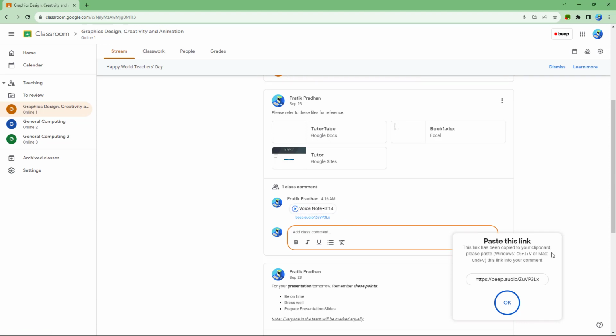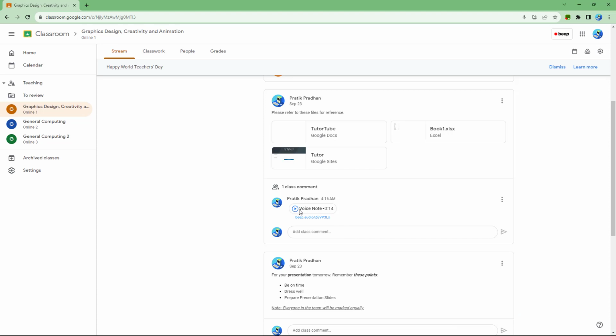And it gets added as a voice note attachment, as you can see right here. I'm going to say allow. And as you click, you'll be able to see that it adds the recording over here. And that is how you can test audio recordings in your comments as feedback for your